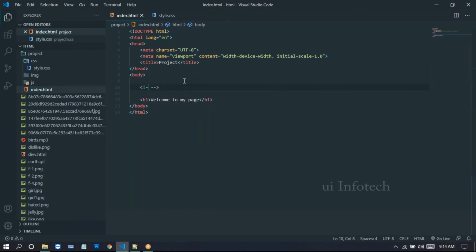Now we need to give a relative file path. In the title itself I just write this relative file path. So how can you give this relative file path here? Relatively you can give the file path.